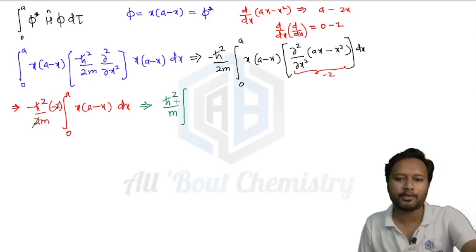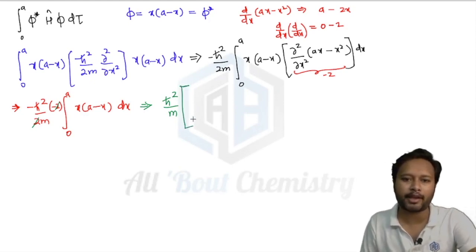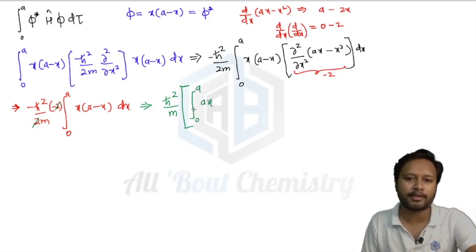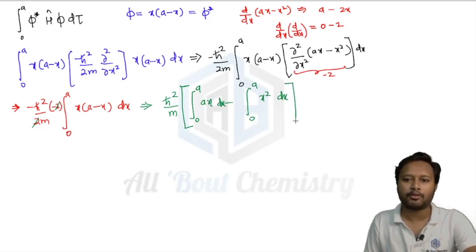Okay. So, I will be just doing the rest of the part in a particular bracket. So, integration from 0 to a, it goes like ax, integration of ax minus integration from 0 to a of your x square dx. Okay. So, here also you should have dx. So, it is pretty simple to integrate this step. You just have to write it down like this.